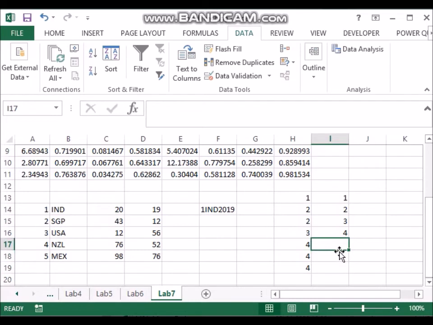So with that, we come to the end of lab 7, where we did 3 things. First was we converted text to column when it was comma separated. Then we separated data when it was fixed width. And the third thing is we learned how to remove duplicates. Please do all these 3 in your exercises in lab 7.